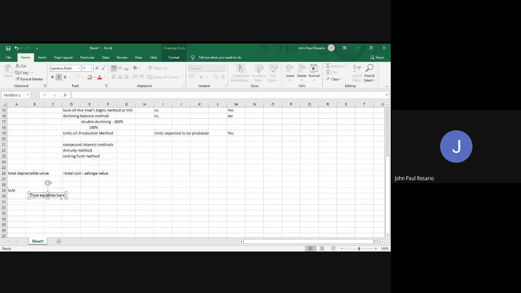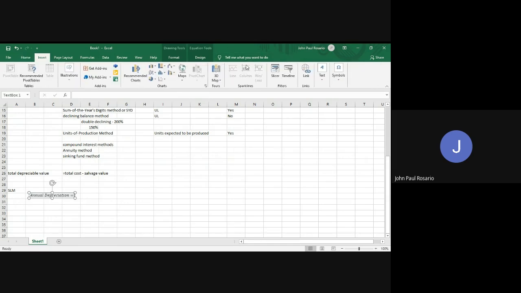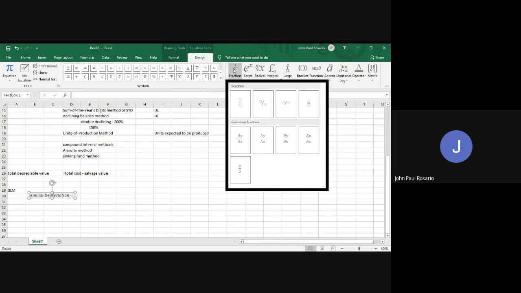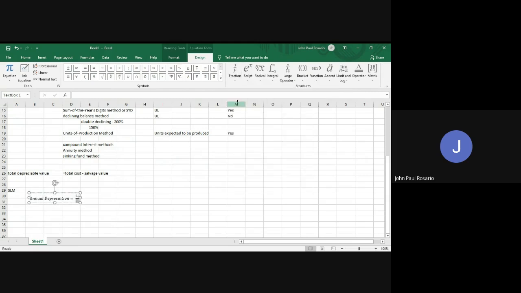So for your straight line method, your annual depreciation is equal to total cost less your salvage value, and then over the useful life. Okay, or you can simply say